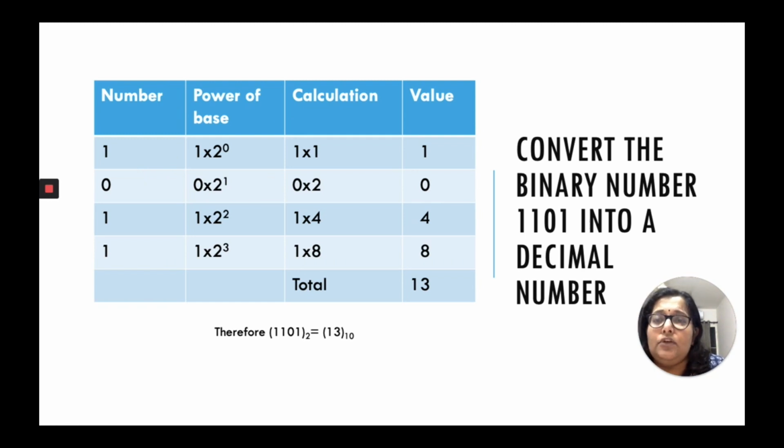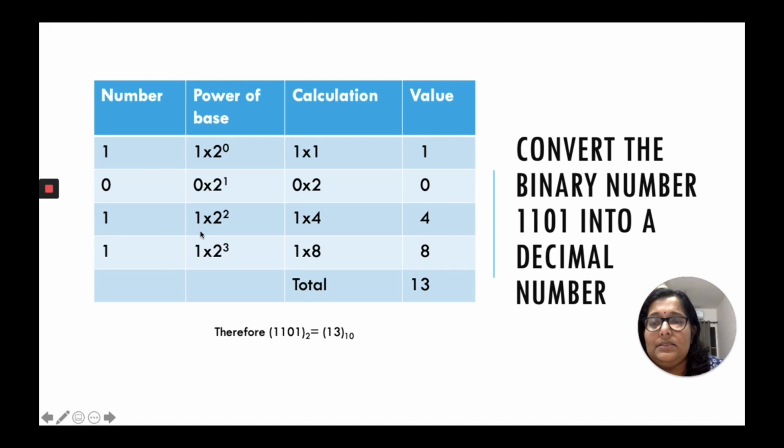Then in the case of a binary number system, you have to multiply with the base of 2, base of power 2. So the first digit is in the ones place, so you are multiplying it by 2 raised to 0. Anything raised to 0 is equal to 1. So it is equivalent to 1 into 1, that will give you 1 as the answer. The next digit should be multiplied by 2 raised to 1. That is equivalent to 0 into 2. Why? 2 raised to 1 is 2. And 0 into 2 will give you 0 as the result.